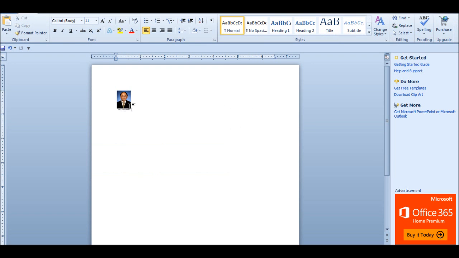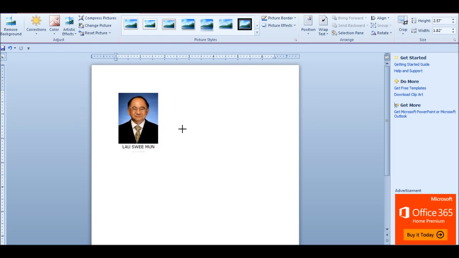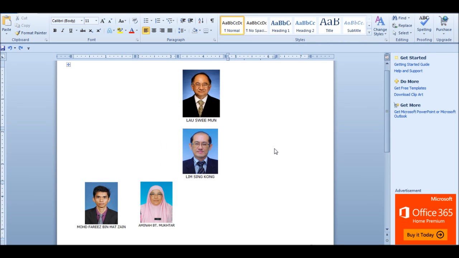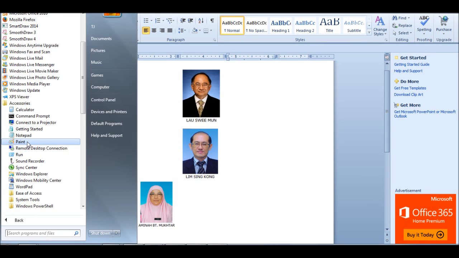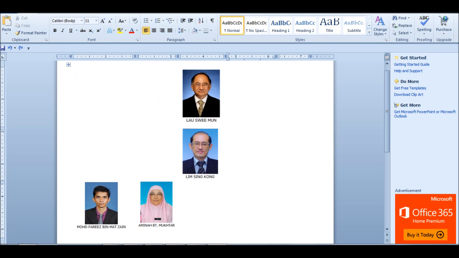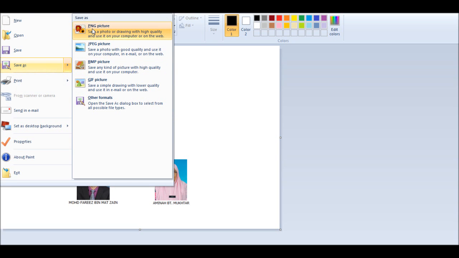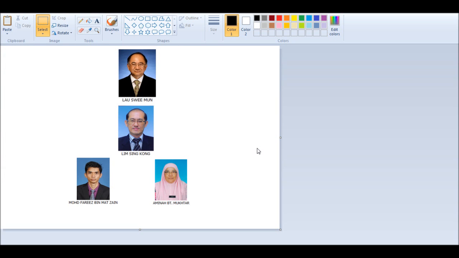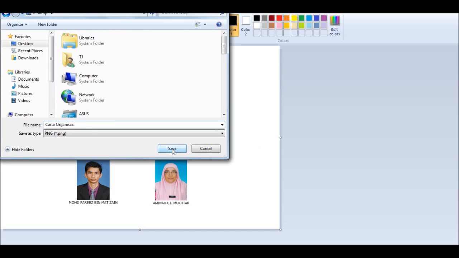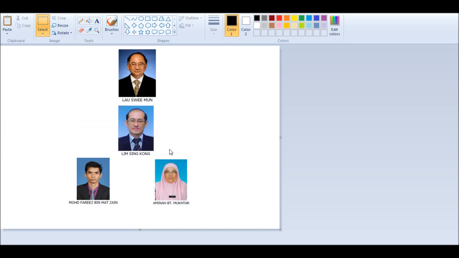Okay, this is how it is done. Then we can enlarge it. Now we crop the required number of pictures. Then we transfer the pictures to this program called Paint, which is found in your accessory folder. Now we arrange the pictures nicely, and then we save this file. Now we save it as a PNG picture. I have labeled it as Carta Organisasi, save as type PNG, and then I save it on my desktop